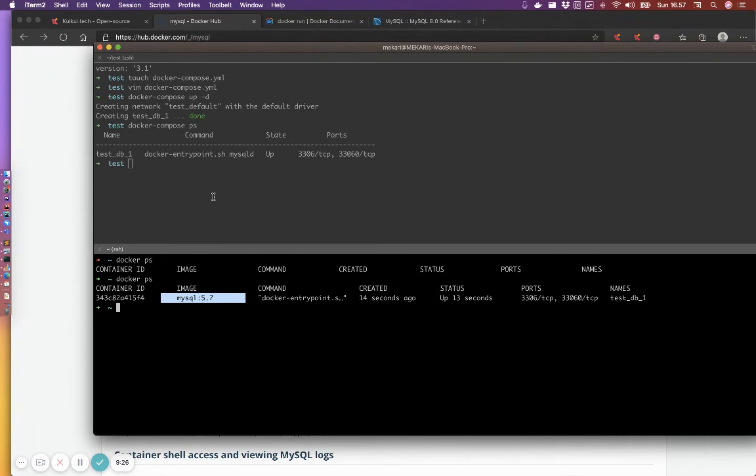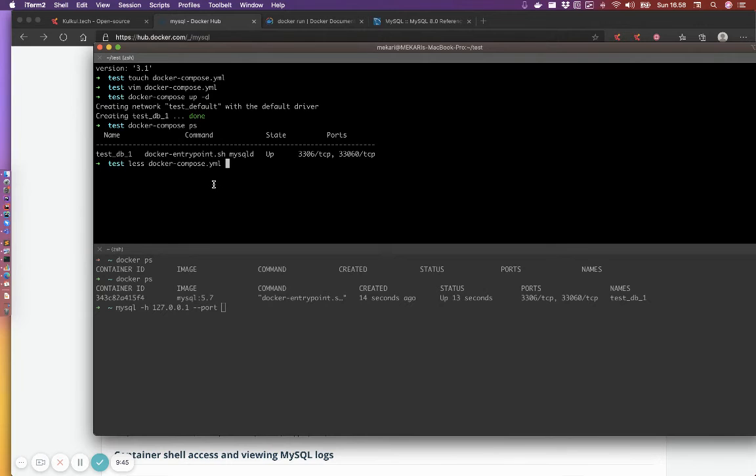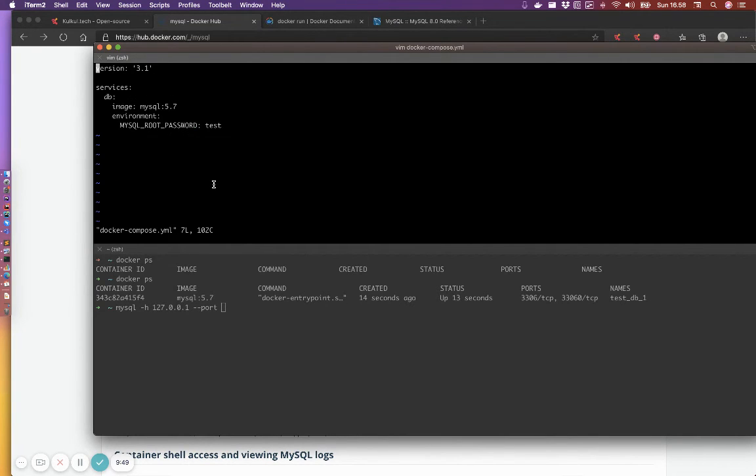Pretty awesome. Now we can use the previously working command, which is this one, and the port. I forgot the version is in Docker Compose. They're not exposing any port, so let's do it again.